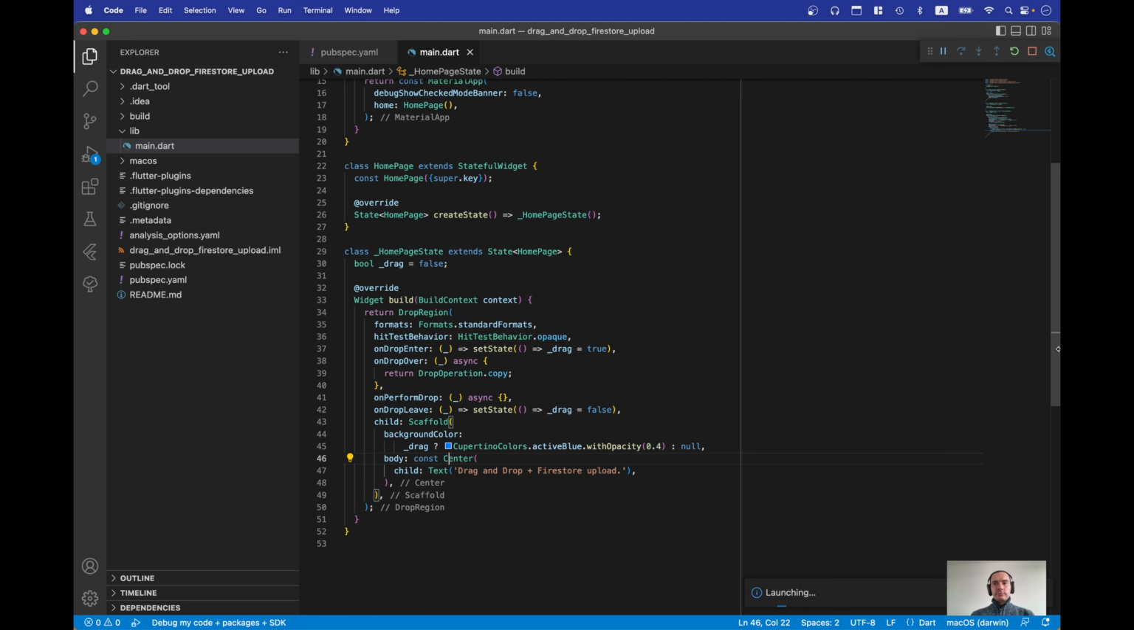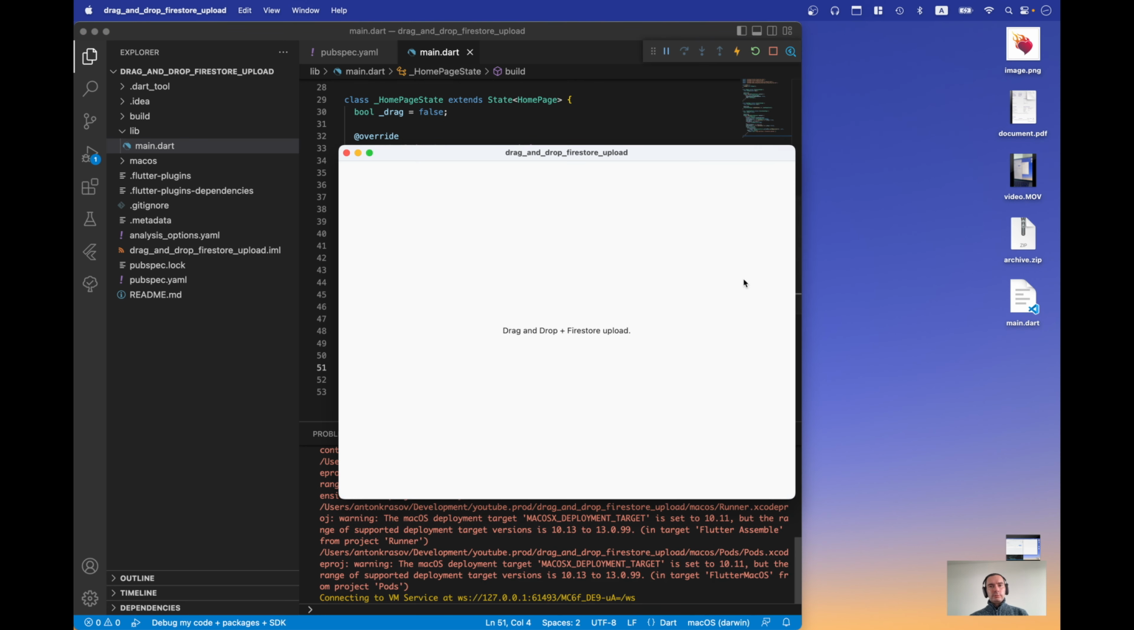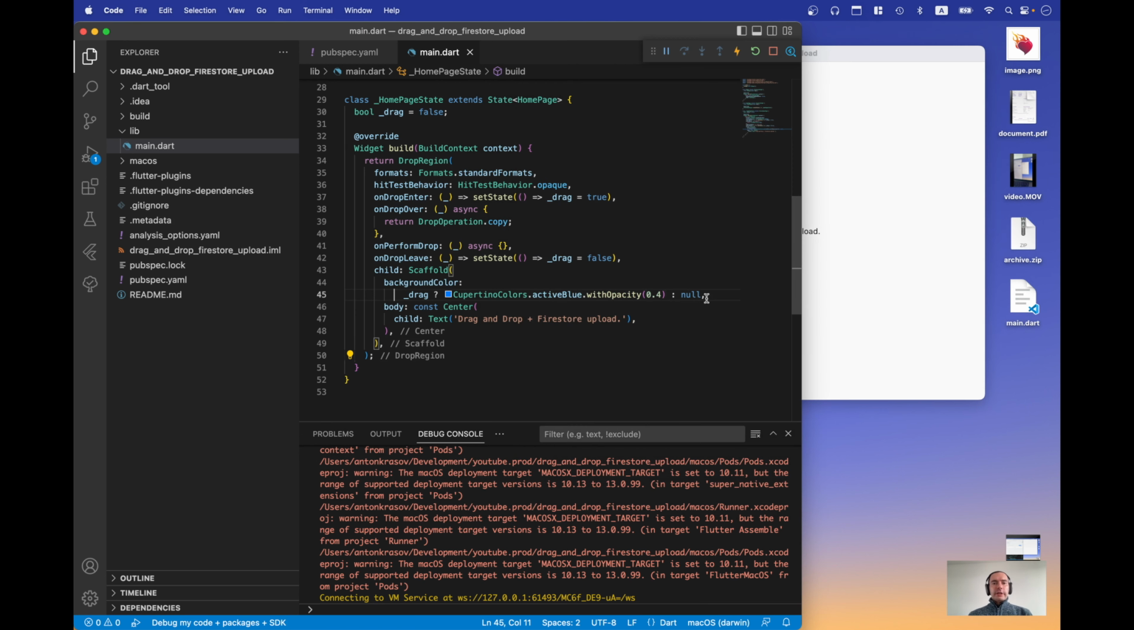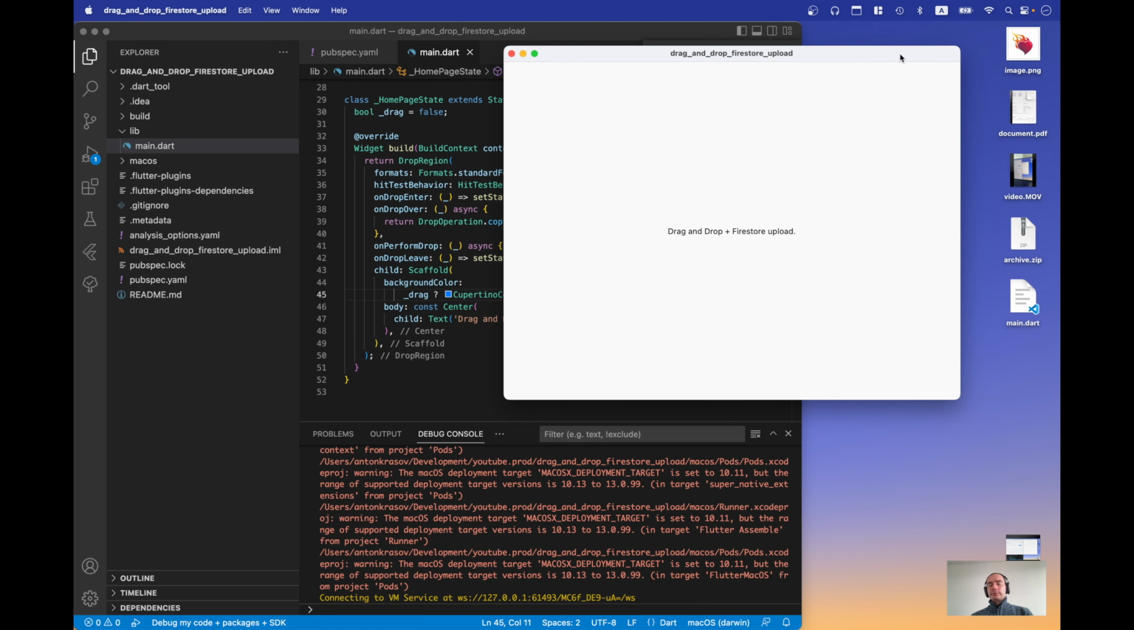Okay, let's try it out. And as you can see, when drag enters, we highlight our window. It doesn't really matter if it's one file or multiple files. And that's it. Next step, I want to receive the location of the file we actually drop here,